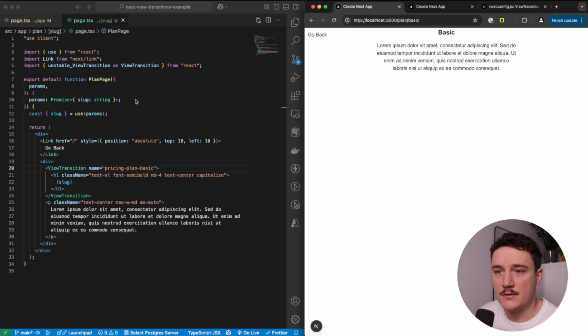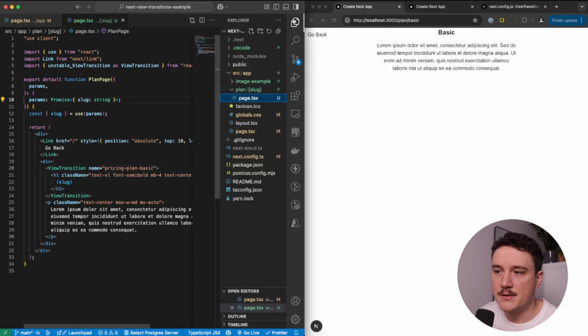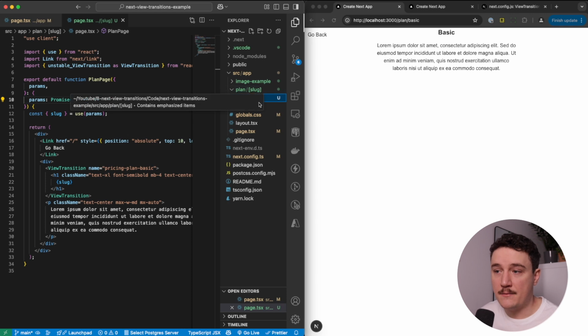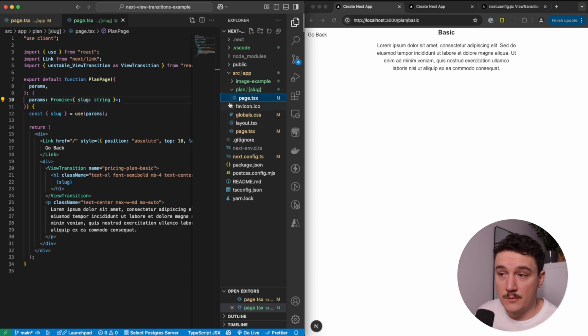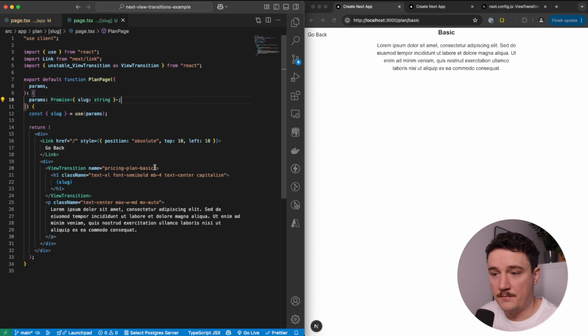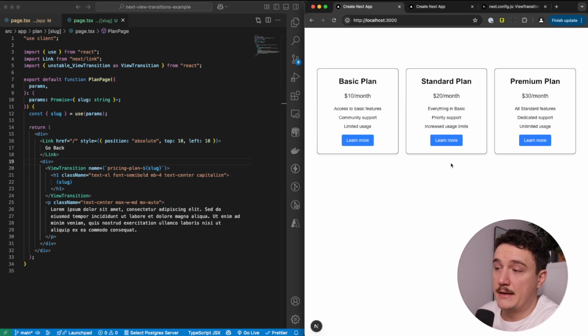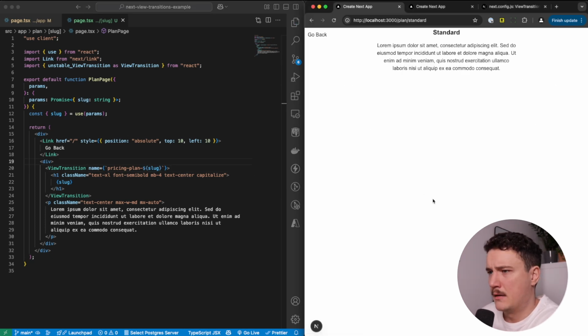So over here, this is a dynamic page. As you can see, we are passing in the plan name in the URL. What we want to do is dynamically name this transition, and we can do it as follows, like this. We can get the slug from the URL and then put it in the name of the view transition. So now when we save this, and now if we try it with the standard plan, for example, looks